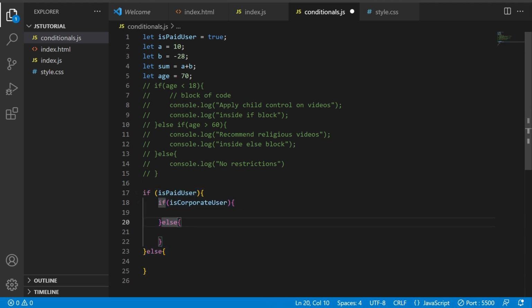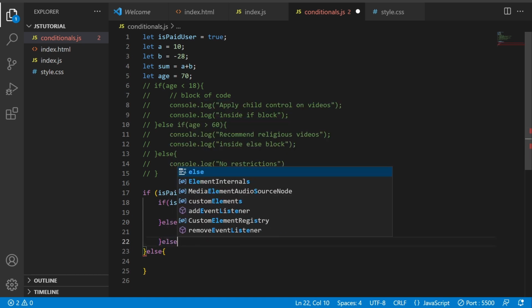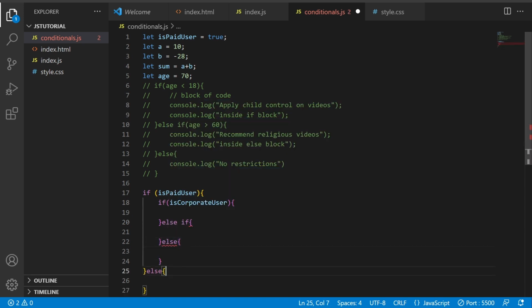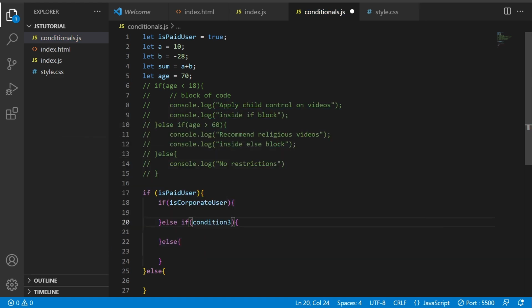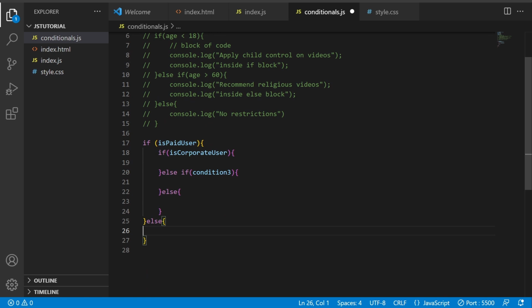You can even have nesting like this and like this. So it will be like is paid user. If the user is not paid, it will go inside the else block, that is, the user is using the free plan. If the user is a paid user, then it will check if the user is a corporate user, then it will execute this if block.